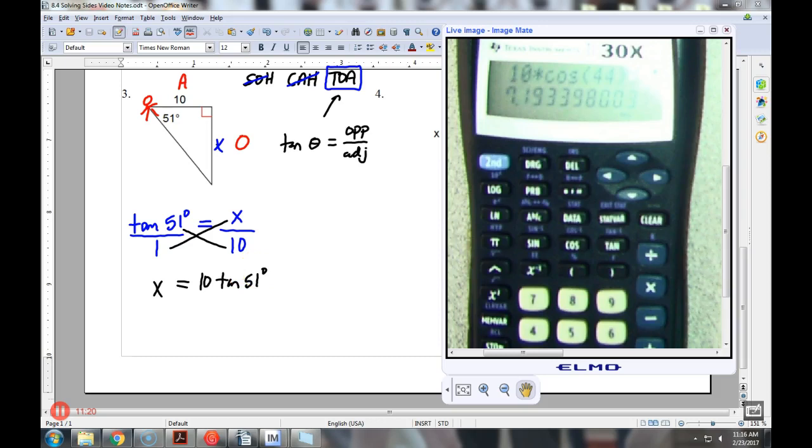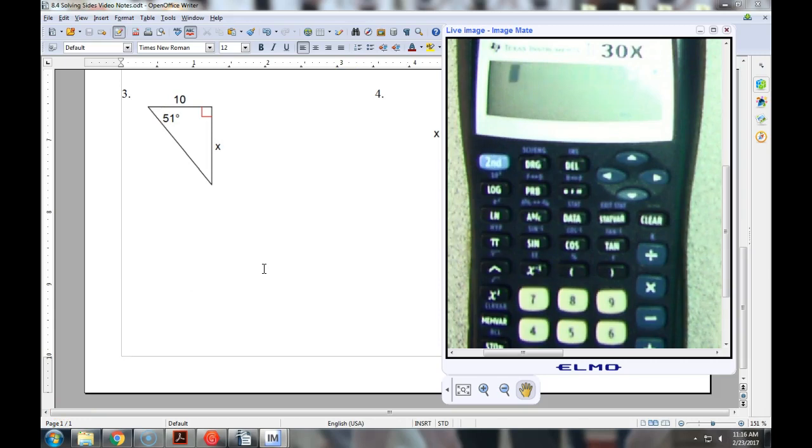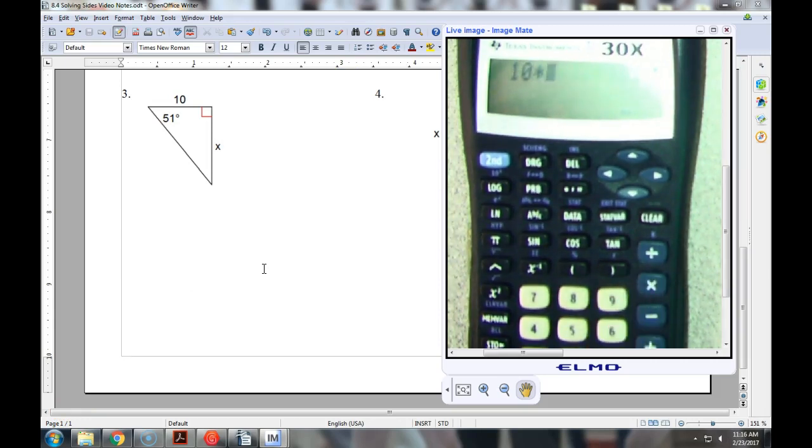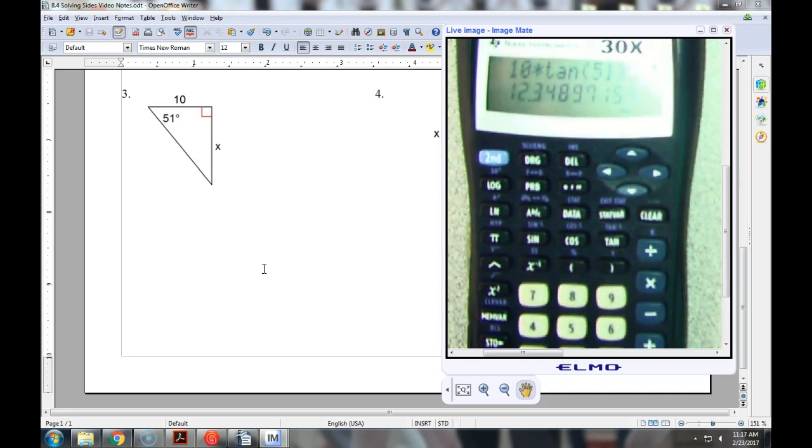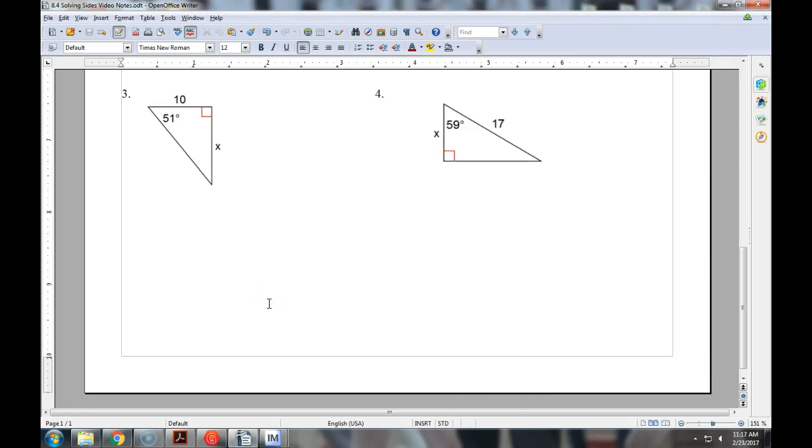And I'm going to punch this in my calculator over here. So let's just clear this out. And it looks like I have to tap on that little screen over there. 10 tan of 51. So 10 times the tangent of 51 degrees equals, and I get 12.34. So we're going to call that 12.3. So I'm going to come back over here,